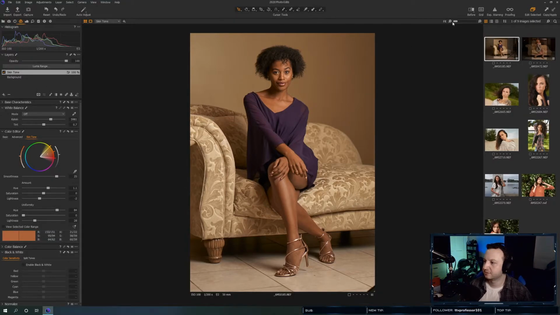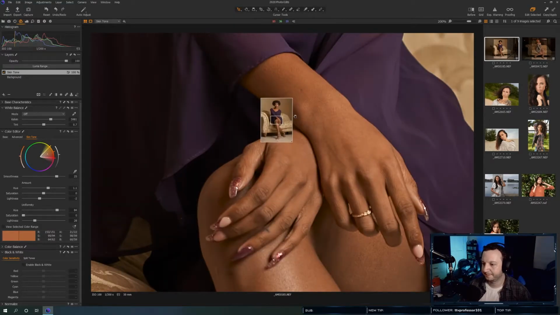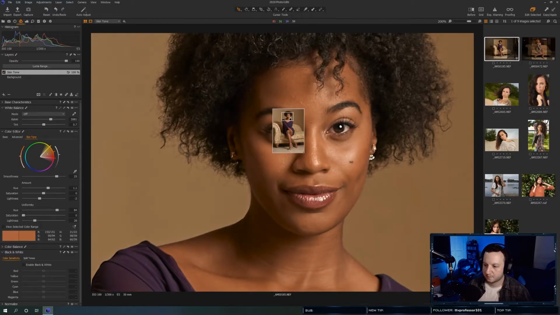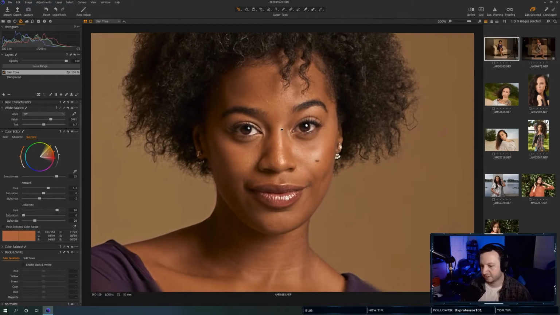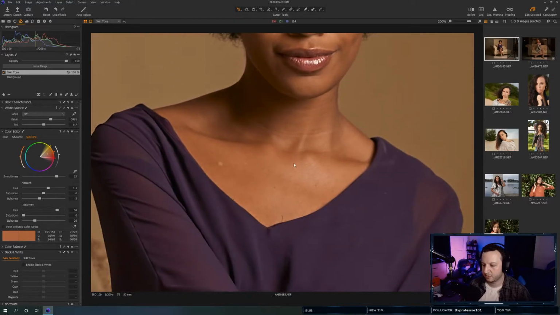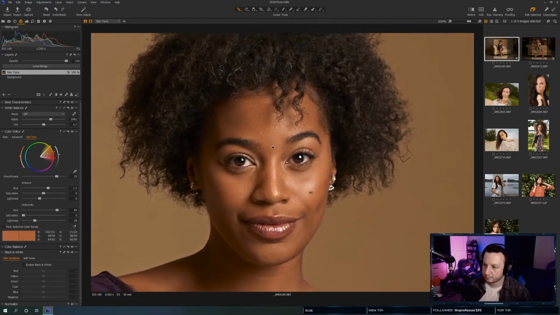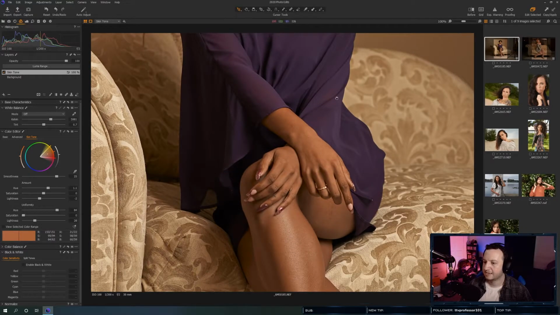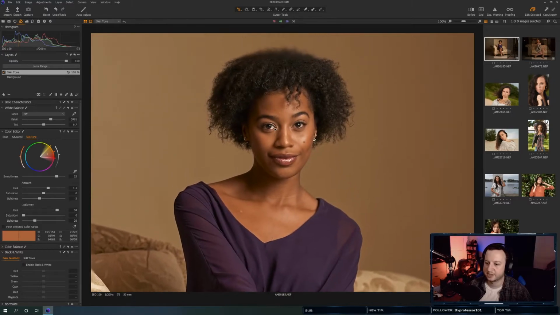All right. So we're done with the skin tones. Let's play around with her eyes a little bit. So I'm going to focus a little bit more today in Capture One. And then for some basic skin cleanup, we may go into Photoshop. But we'll see. I just haven't played around in Capture One as much as I probably should have.